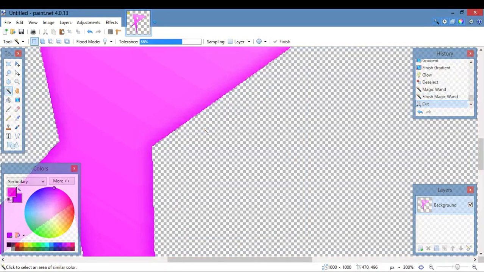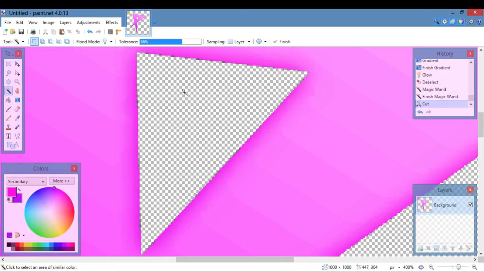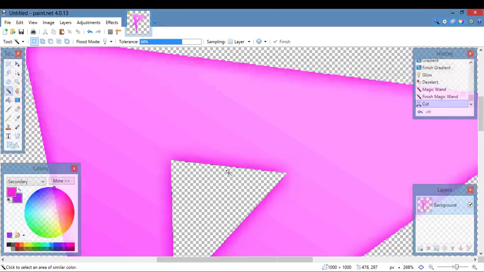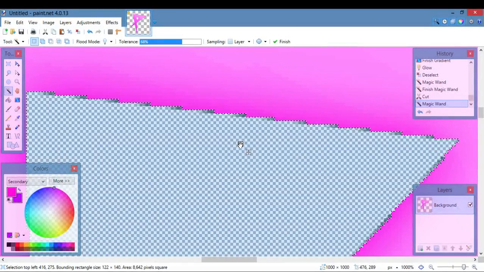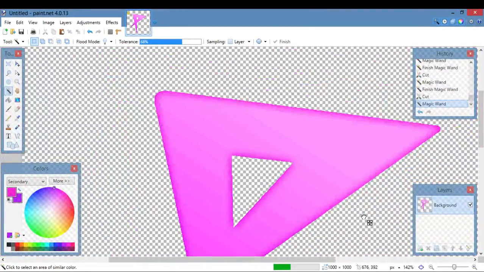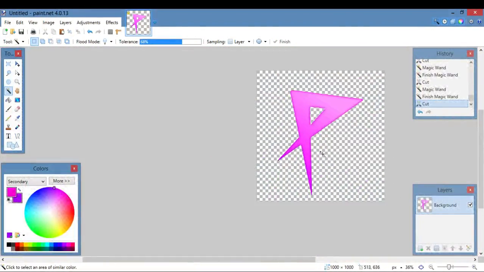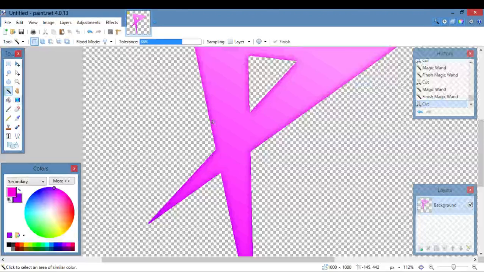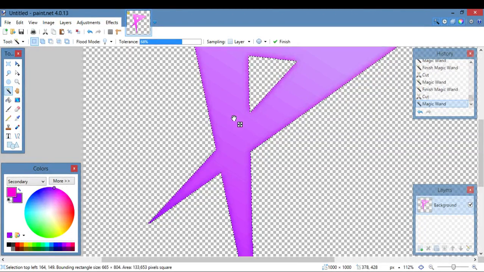Alright, so as you can see how they have these little black things right here, the leftover, we just want to use a magic wand and then remove that. And we already did that on the outside. So yeah, that's pretty much it. Now we can also add some extra things. So we can copy this,